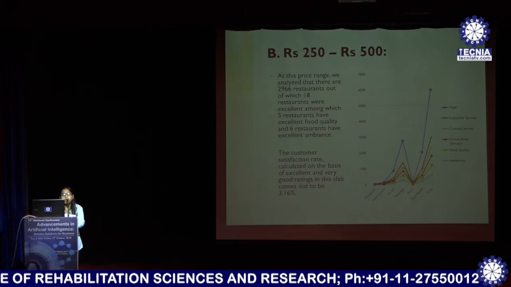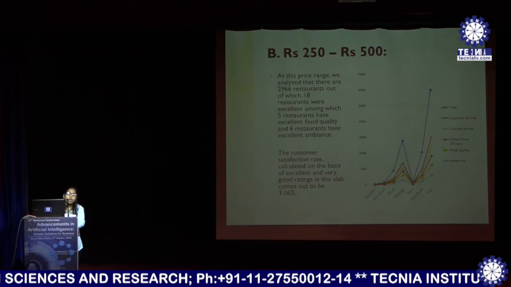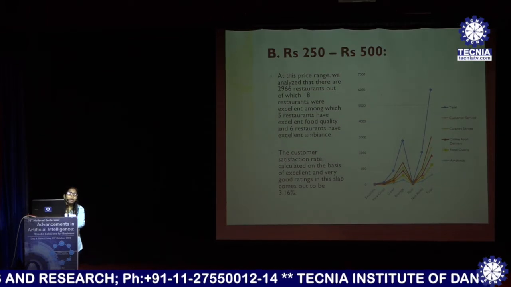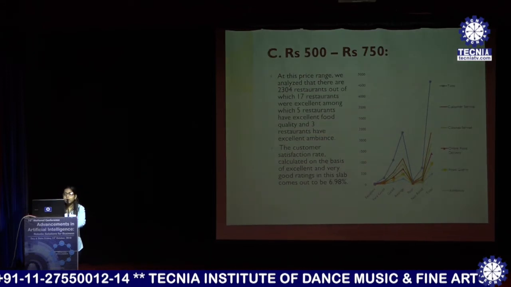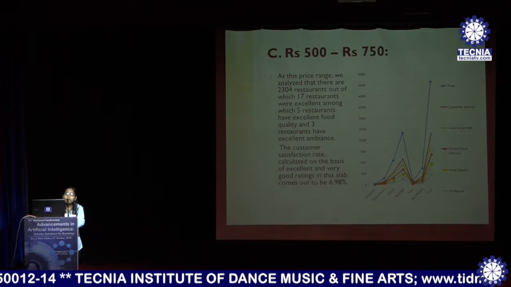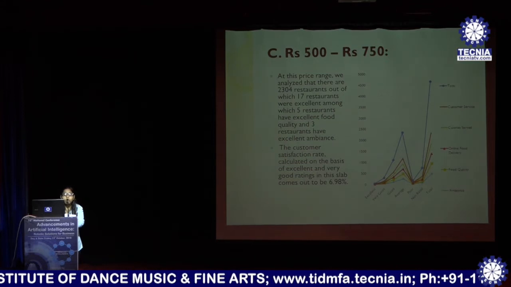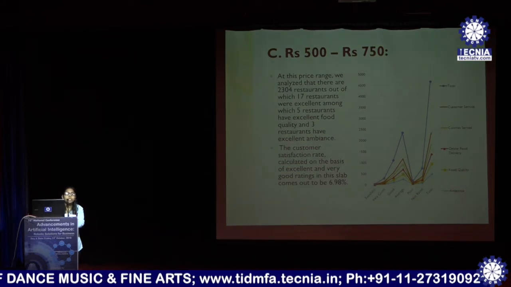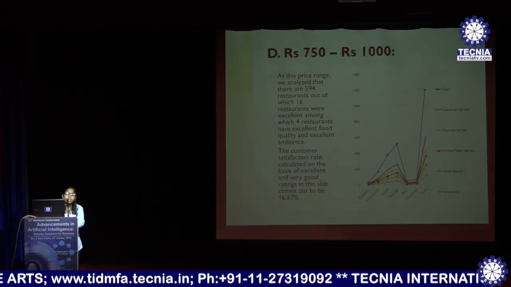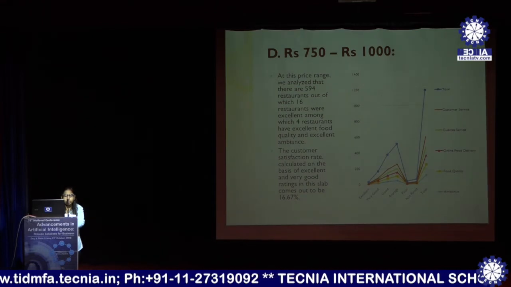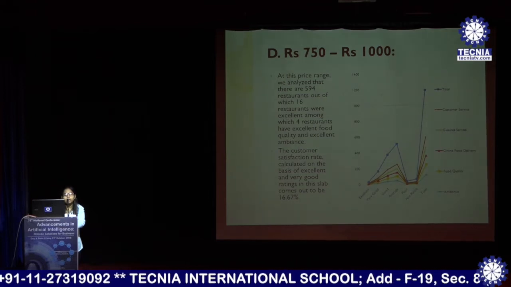In the rupees 250 to rupees 500 price slab, I calculated a customer satisfaction rate of 3.16%, where 2,966 restaurants are available. Out of 2,304 restaurants in the price slab of rupees 500 to 750, we got a customer satisfaction rate of 6.98%. For the price slab of rupees 750 to rupees 1,000, out of 594 restaurants, 16 restaurants were the excellent ones, providing a customer satisfaction rate of